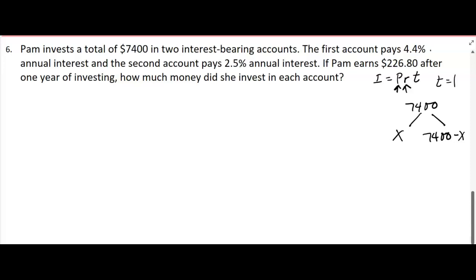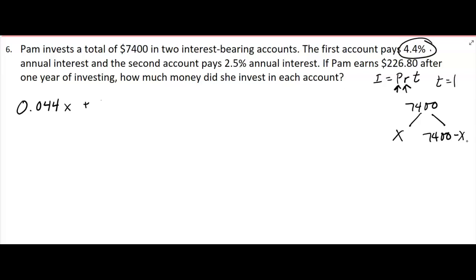Okay. It doesn't matter which one you pick, since 4.4% is first. I'm going to just do that one first. So I'm going to say, I have to change it to a decimal, 0.044. So you might say, well, it's already a decimal. Yeah, but it's a percent. So you got to move it 2 places to the left to get it as the decimal number. So I'll say 0.044x